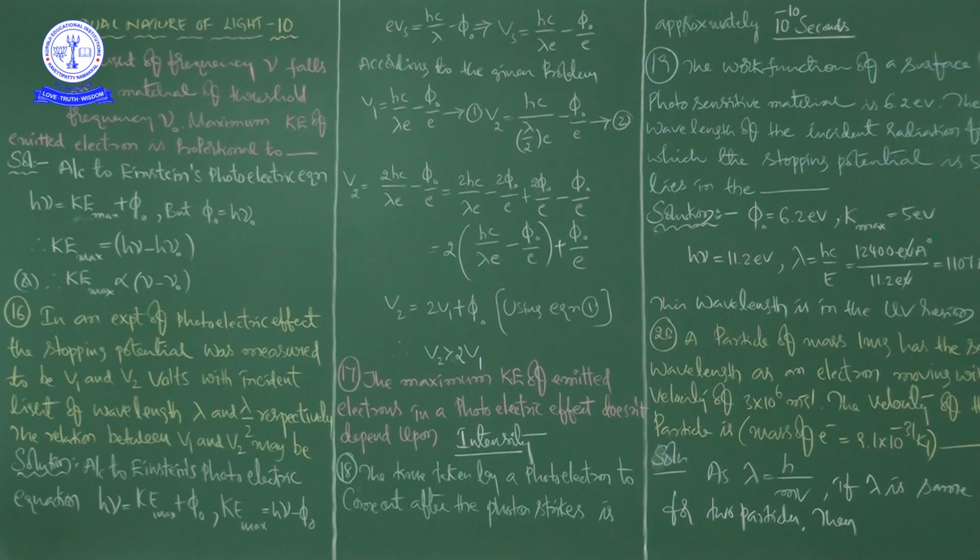See here, different, because you have to understand that there is a relation between intensity and photocurrent. There is a relation between frequency and stopping potential. That is the point he is trying to catch from you. So by keeping those two points, you can answer this graph. First we study the graph, and after that we answer based on the information we have and what he is expecting from us. Okay, right.